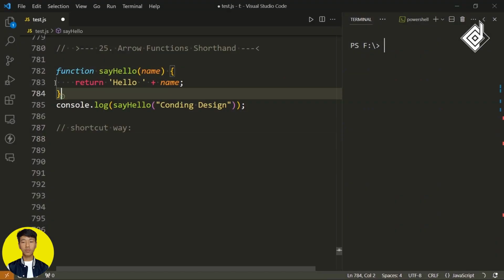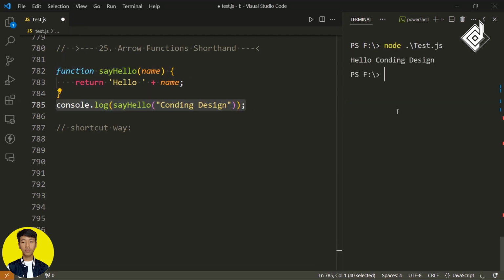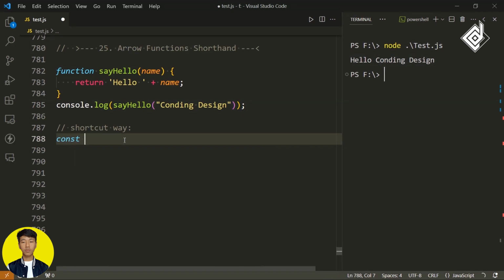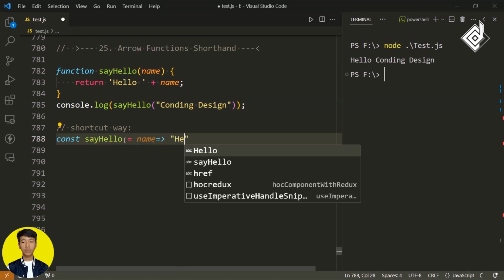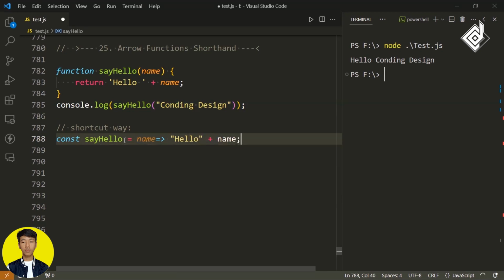Okay, this is a simple function that returns a hello message based on the username provided by the user. Instead of writing this long code, now you can use an arrow function. It's something like declaring a variable and assigning it, as you can see. Our function takes an argument, and you can give the equals-greater-than sign, and within the same line you can give the text as well as the name.